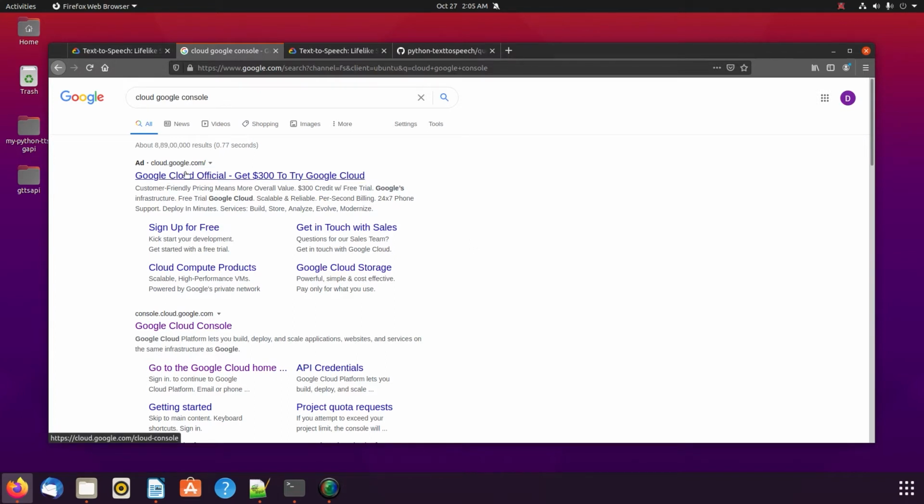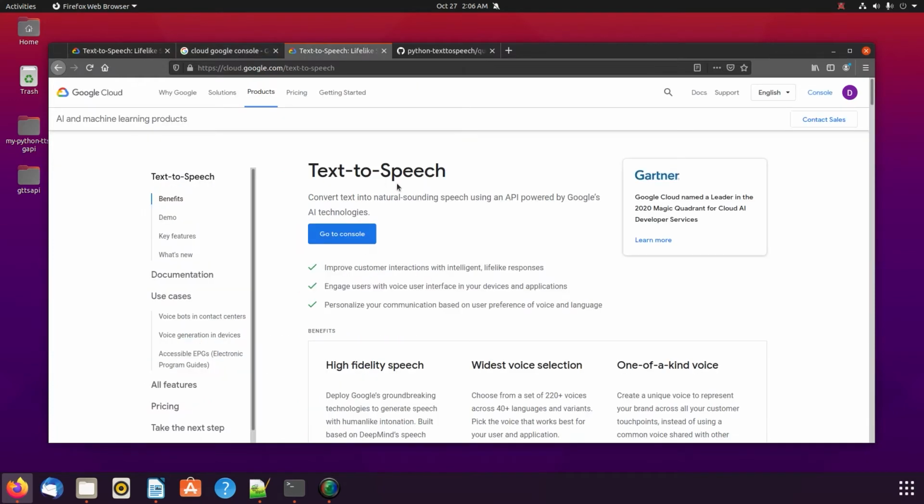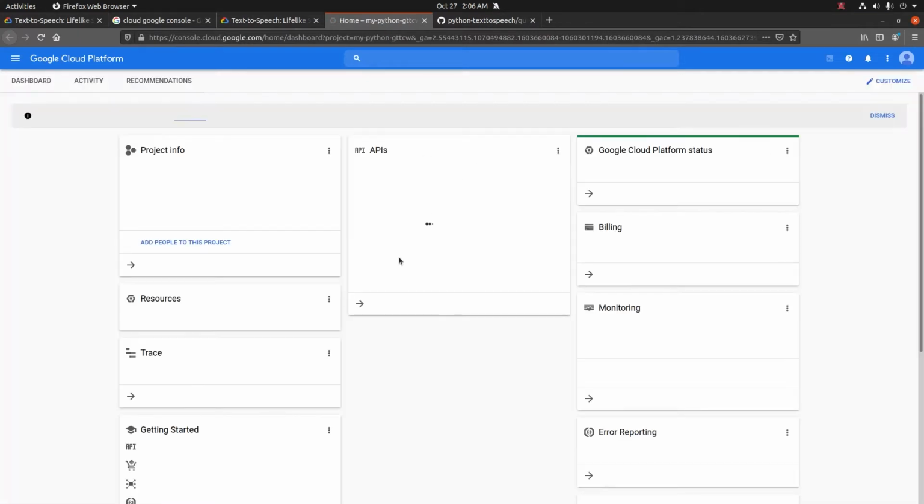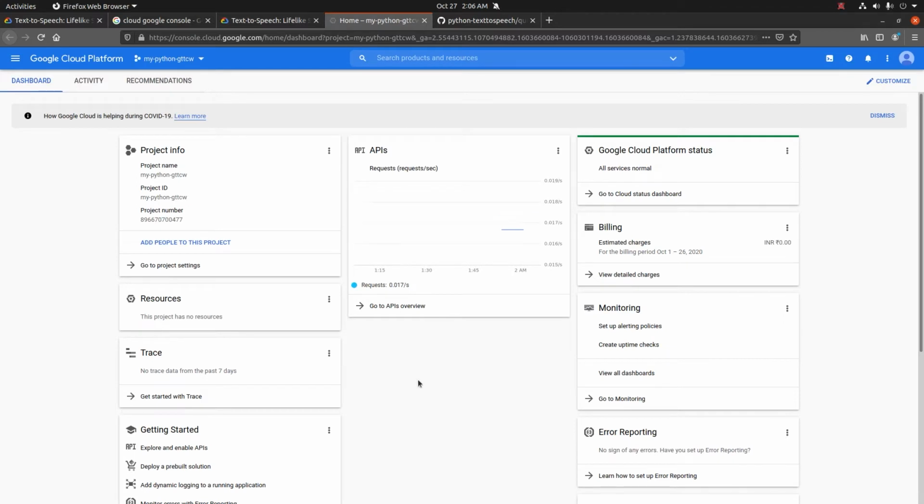So for the cloud, Google Cloud is offering a sign-up with $300 free to try. No need to pay anything. Click here, text to speech, go to console. We have already logged in, otherwise it will ask for your Gmail ID and password to log in. If you are not signed up, you have to sign up first.